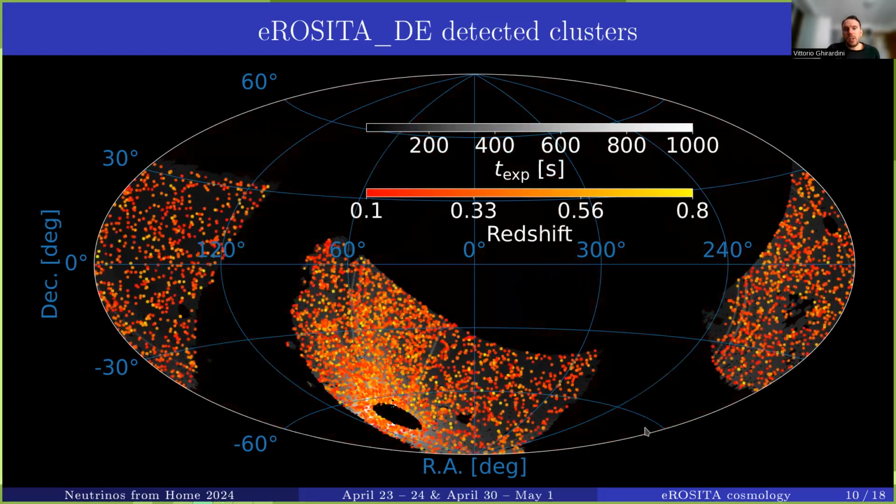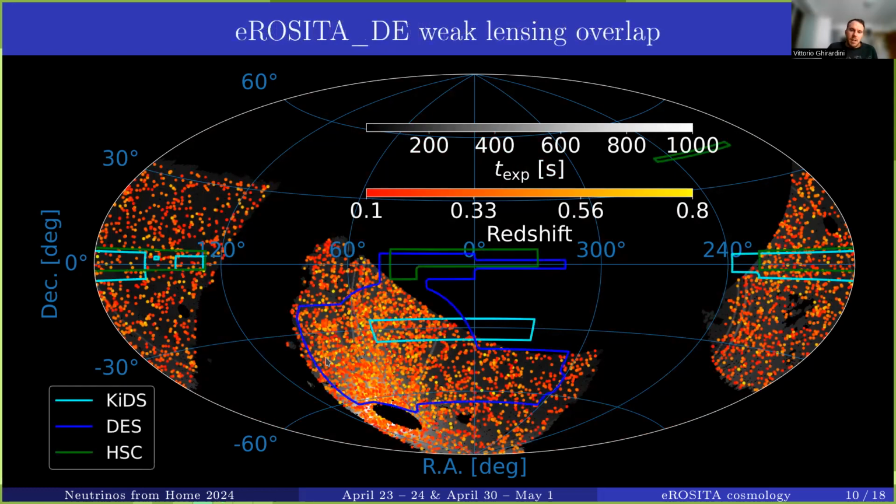And these are the locations, color-coded by redshift, of all the clusters that we are using for our cosmological inference in eRASS1. And you see, as expected, that the number density of objects close to the south ecliptic pole down here is quite larger than the number of objects in an equatorial field, for example here, which is of course due to the survey strategy. And furthermore, we have dedicated weak lensing measurements from KiDS, DES, and HSC datasets,